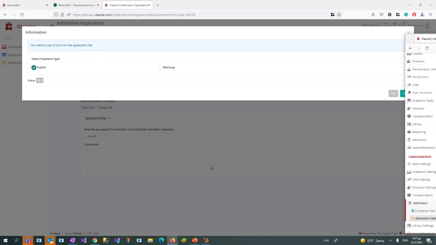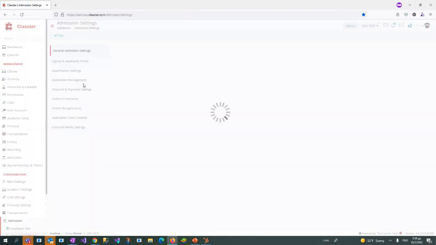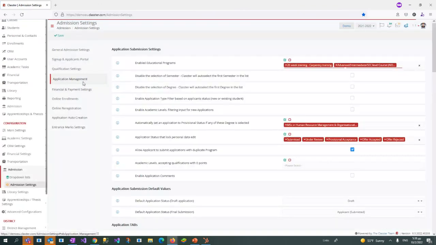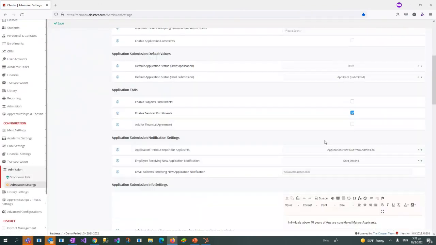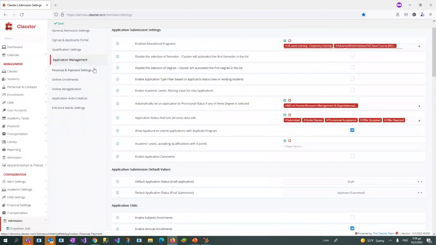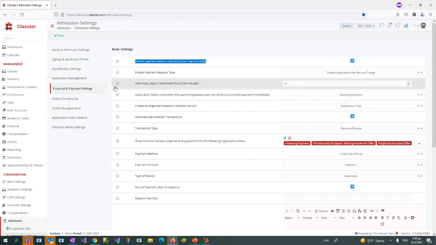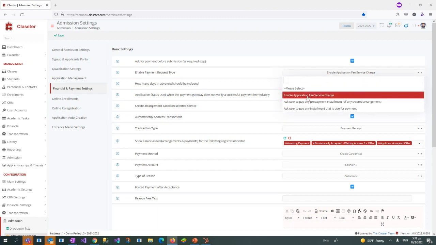It's not just to create the service, but in order to enable the application fee in the admission settings, in the financial and payment settings, you can ask for a payment before the submission. Okay, it is an application fee charge,